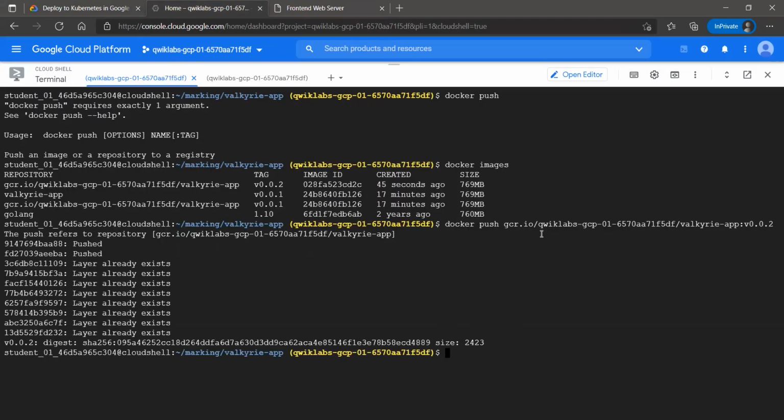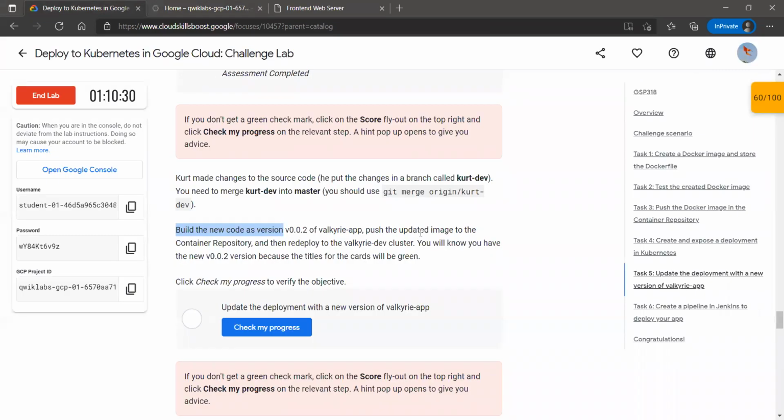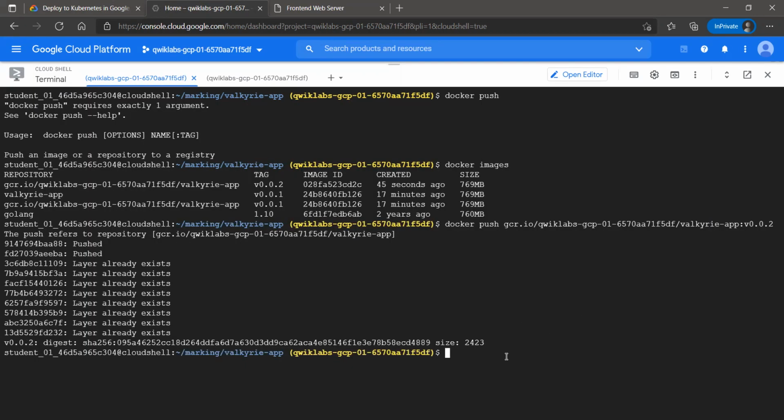Yeah. So our image is successfully pushed. Now what we need to do is simply edit our deployment and change the image version from 0.0.1 to 0.0.2. Let's clear up the console again. Go to edit deployments.